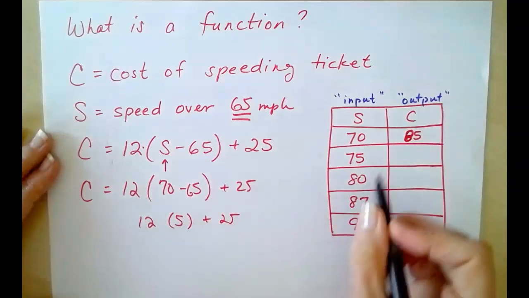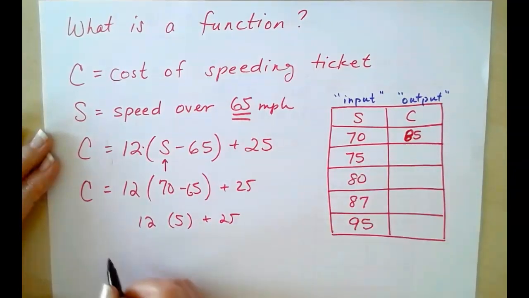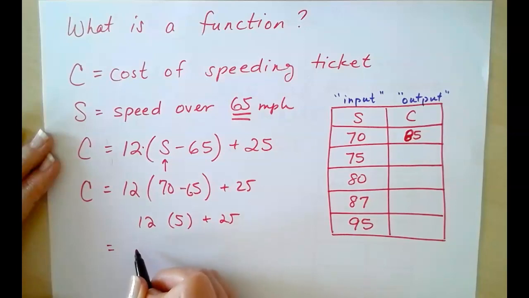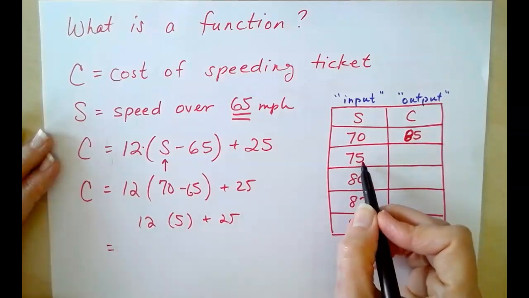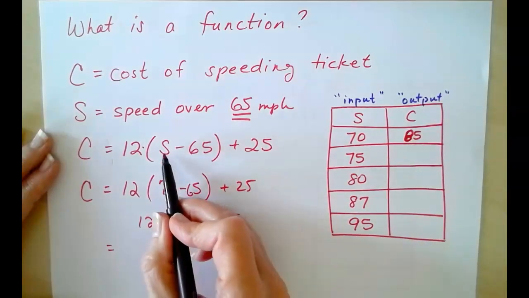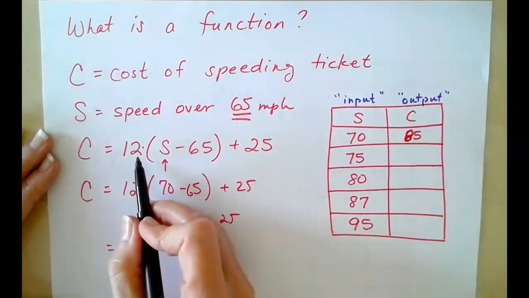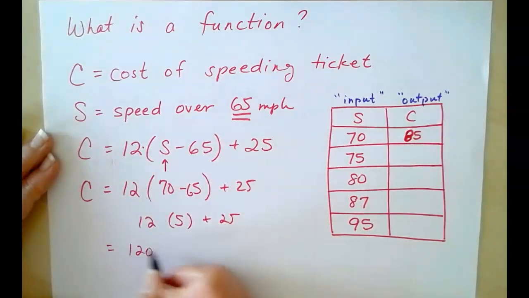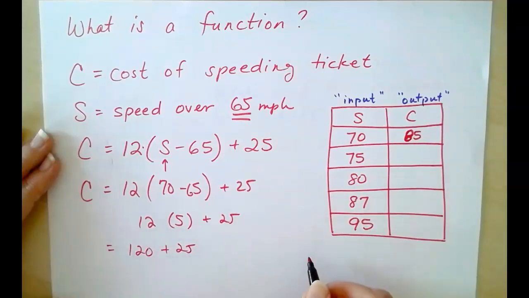Let's do it again. This time, we'll plug in 75. Let's see what happens. Let's do a little part of it in our heads here. 75 minus 65 is 10. 10 times 12 is 120. 120 plus 25,